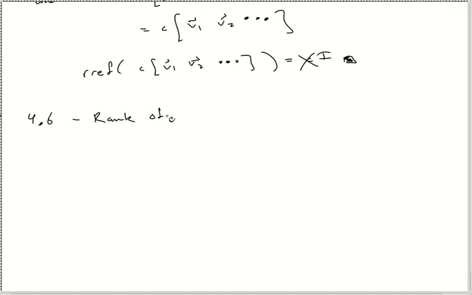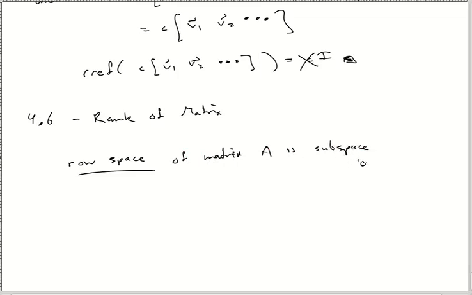4.6, rank of a matrix. Rank. So there's this row space and column space, which are very similar in their definition. I'm going to do the row space. So I'm going to say the row space of a matrix A is a subspace. Again, look for these words, subspace, not a subset here. Subspace of Rn. Subspace means, again, we got the closure under addition and scalar multiplication and all that kind of stuff. Of Rn